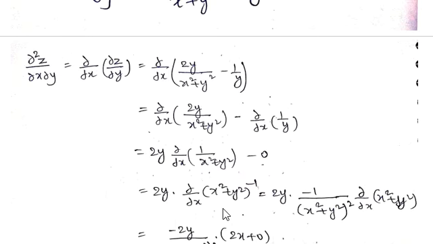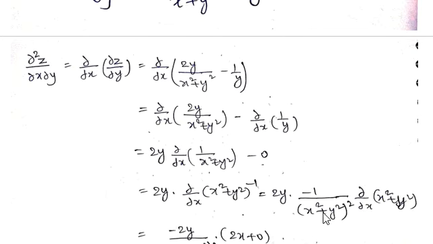So it is the form of x to the power of n. So you can write n into x to the power of n minus 1, means minus 1 into x square plus y square whole to the power of minus 1 minus 1, so it is minus 2. So if you write it in the denominator, it is plus 2. x power minus 2, if you write in the denominator, it is 1 by x square.